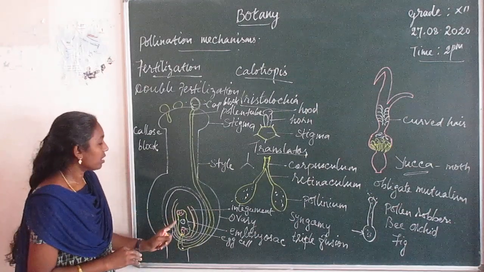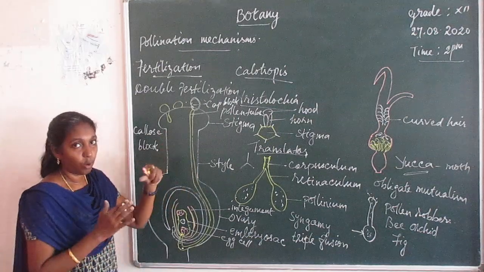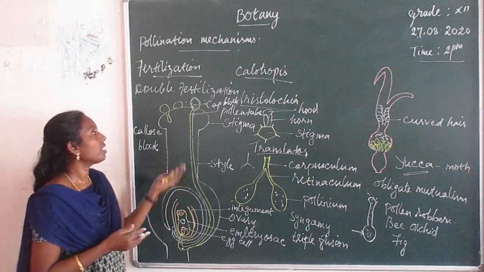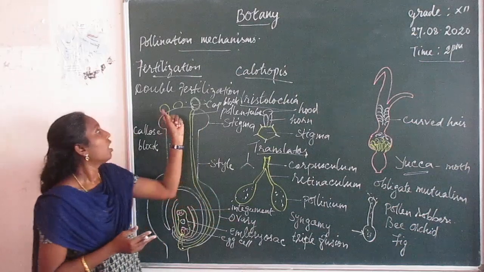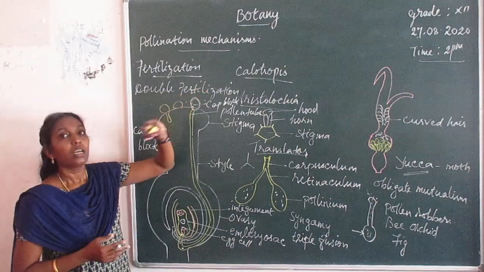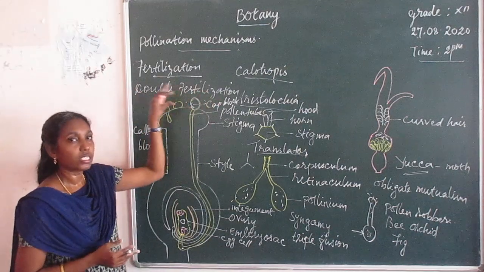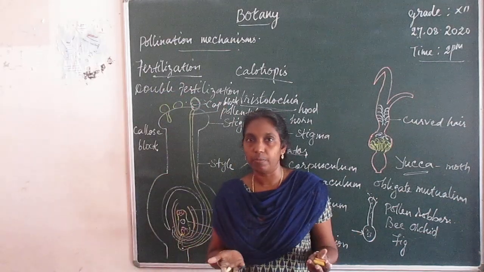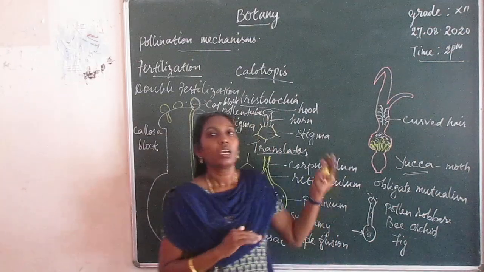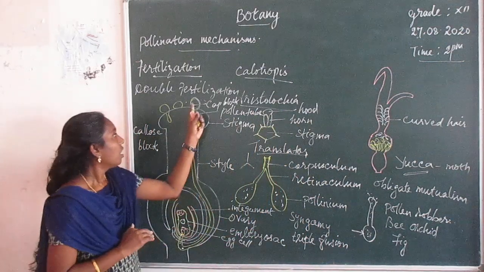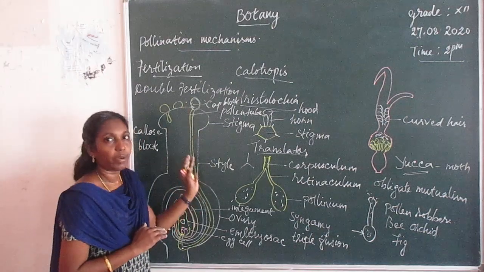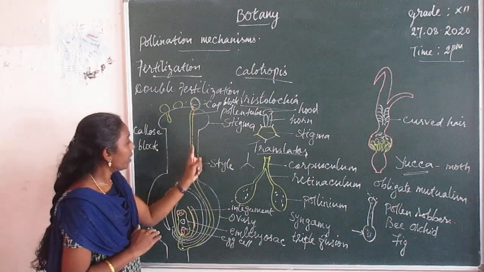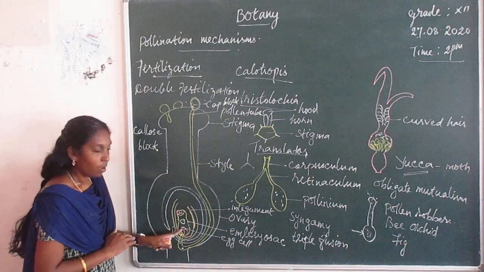Even if the pollen grain is compatible, there is a chance of incompatibility. If it is incompatible, it is not able to germinate. As I mentioned earlier, in nature a number of pollens are dusted on the stigmatic surface. If it is incompatible, it may not germinate. If it is compatible, it can germinate, and all the remaining processes take place, from germination till the entry of the pollen tube.